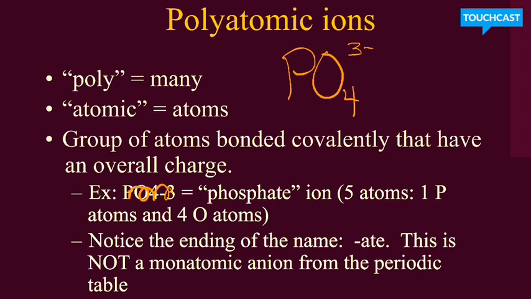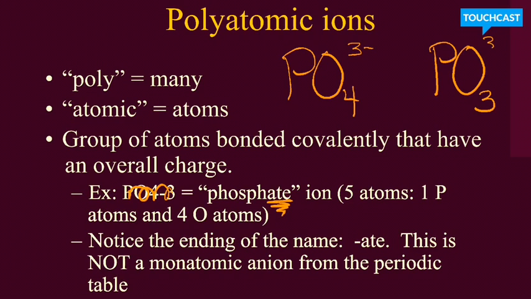And polyatomic ions are uniquely named. And lucky for us, I'm going to give you a list of polyatomic ions so that you don't have to memorize how to name them. Now, if I gave you that list, you would notice that this particular polyatomic ion is called phosphate. Do you see how it ends in an "ate"? Well, there's another polyatomic ion that is very similar to phosphate. It's actually phosphite,